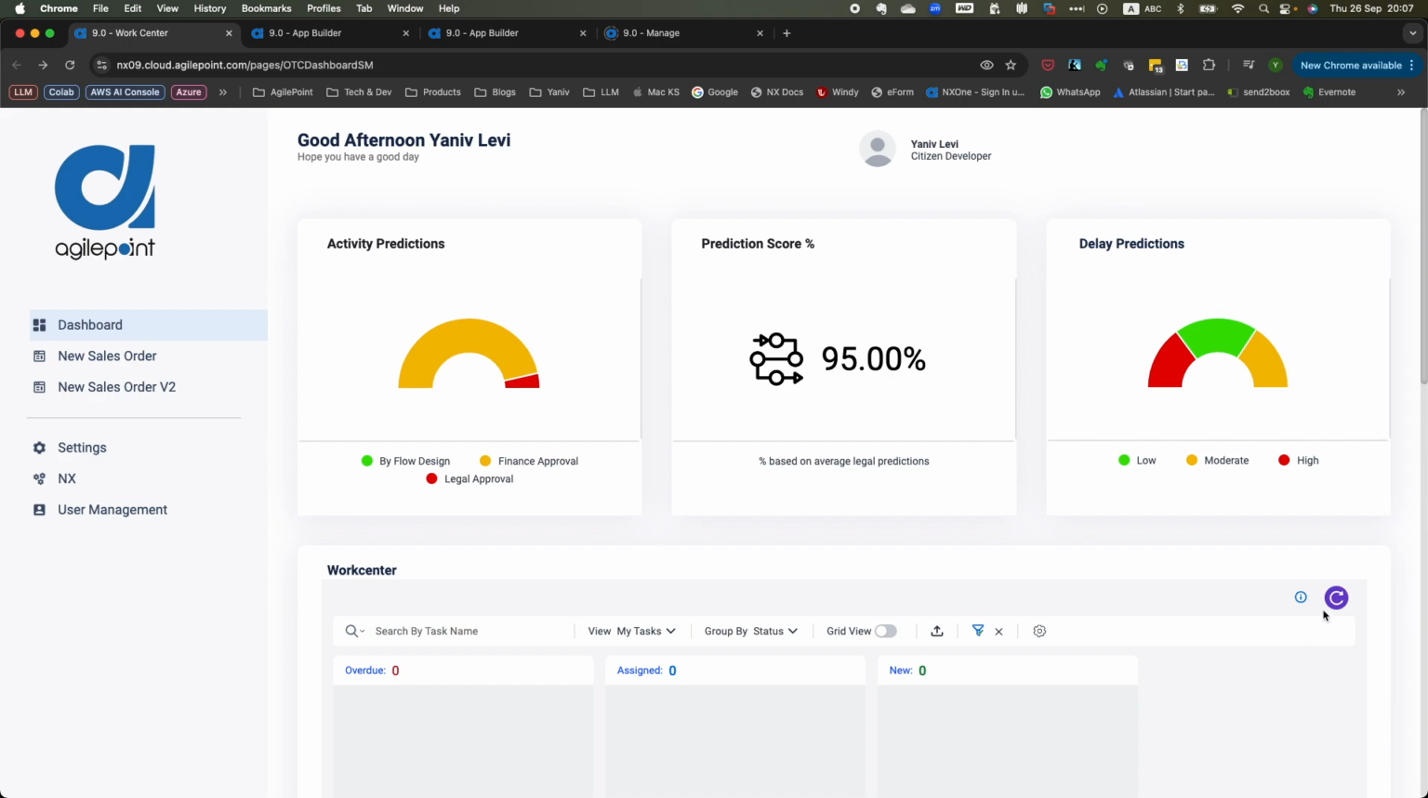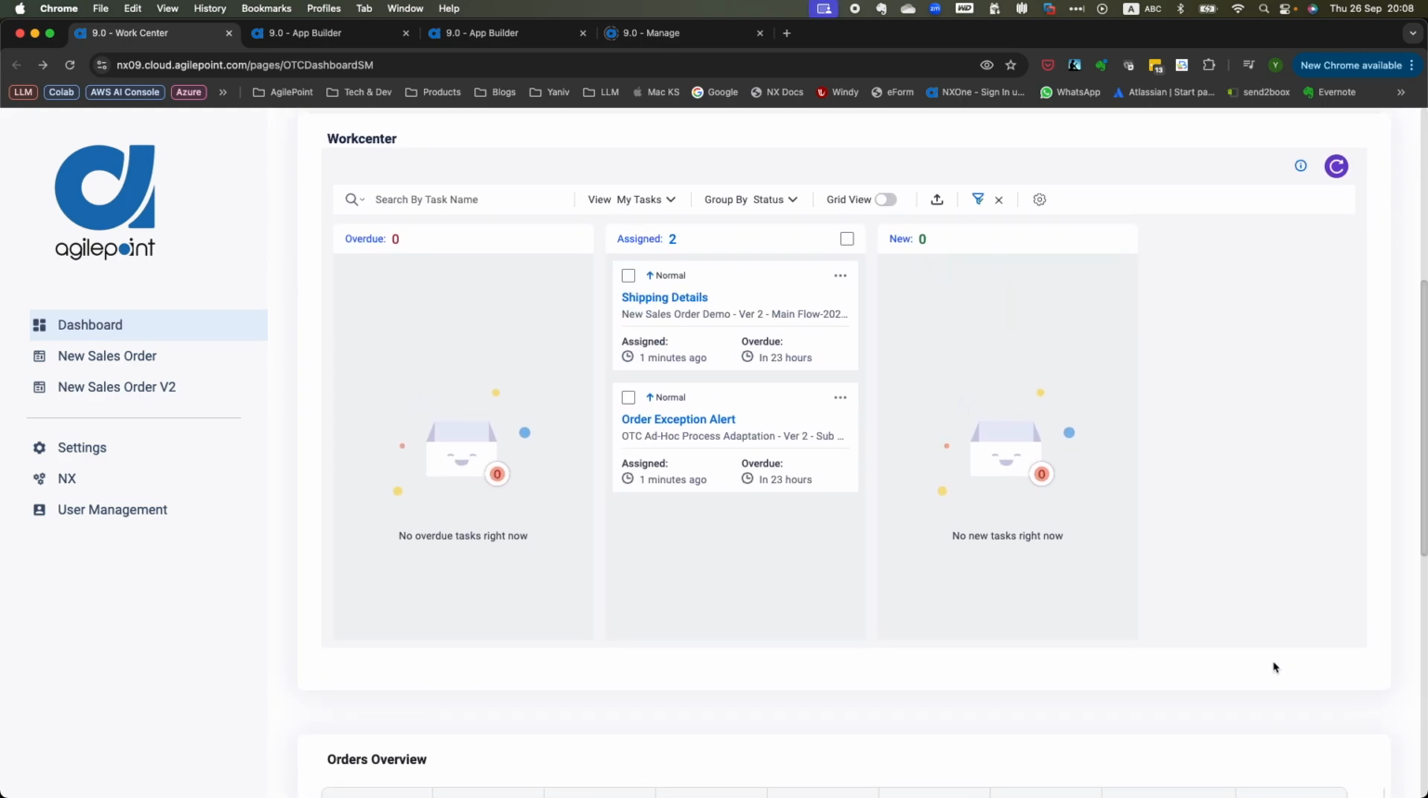Let's now refresh the work center. And as you can see, we have two tasks assigned to me. The first task, shipping details, is from the normal route of our main flow. Whereas the second task, order exception alert, is from a sub-process that has been initiated by the export control predictive AI agent for initiating a sub-process. This task will include the predictive AI model recommendation and